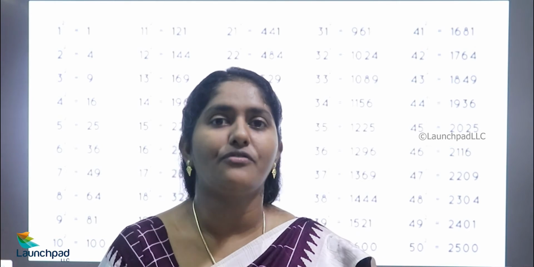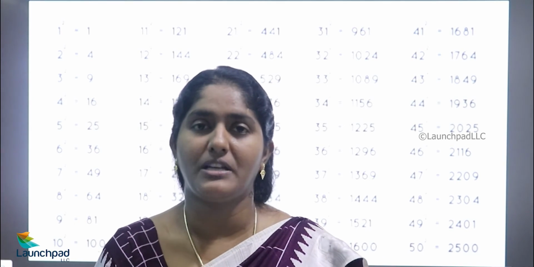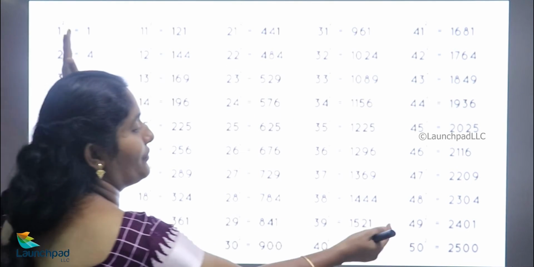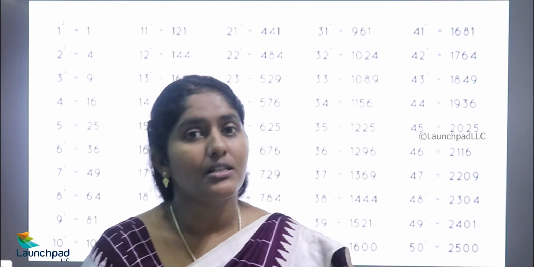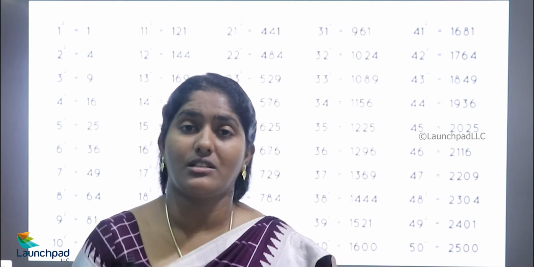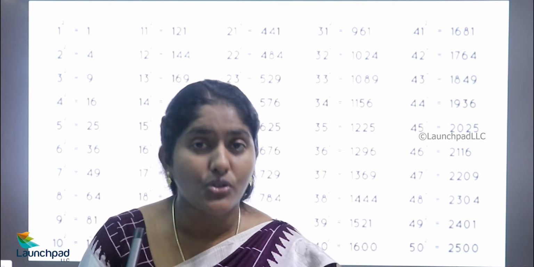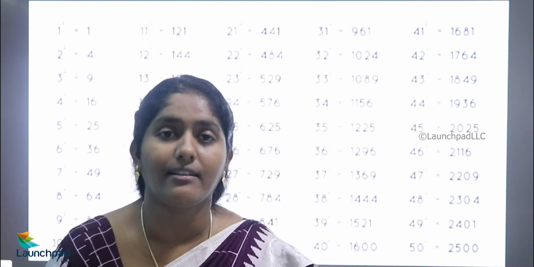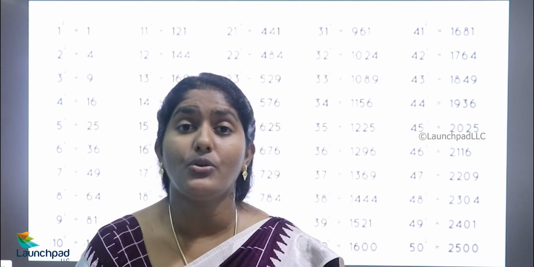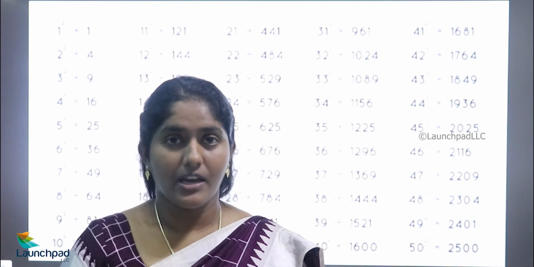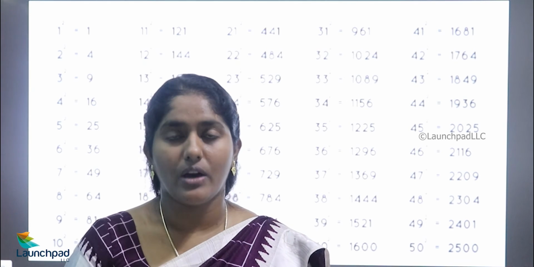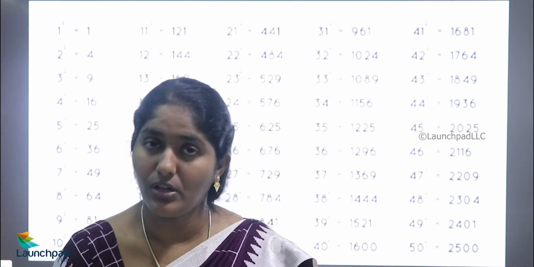If you memorize the square answers from 1 to 50, it is very useful for you. This table has the square answers for 1 to 50. Why I am saying this: in the previous examples we saw 15 square value, 16 square value, 18 square value. At that time you should not calculate those values. If you are calculating, you are wasting your time. In competitive exams, the main thing is to reduce our calculation time, then only can we achieve the cutoff marks. So my best advice is to memorize the square answers from 1 to 50. It is very useful for you.